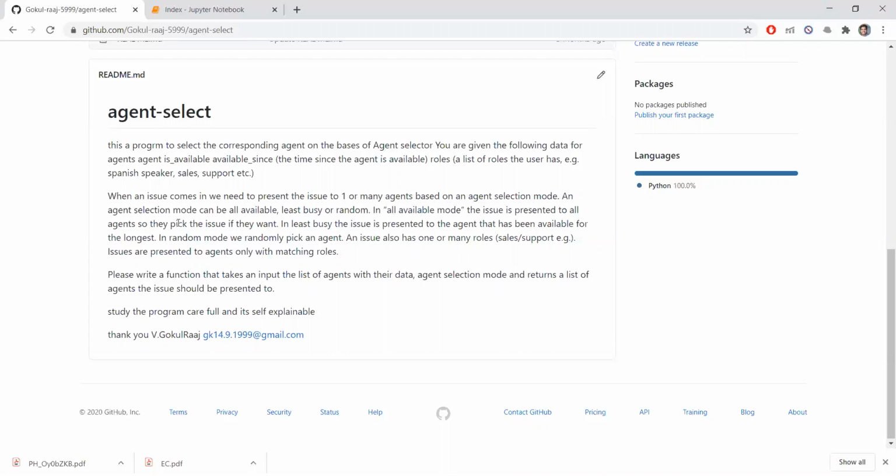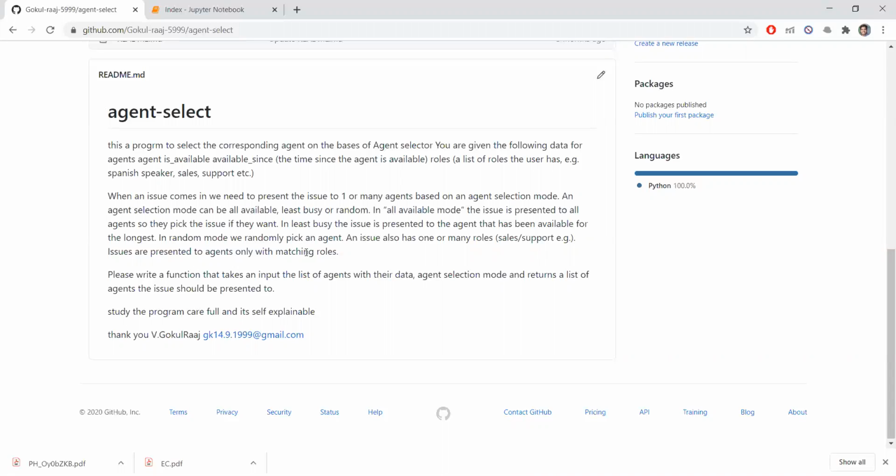An agent selection mode can be all available, least busy, or random. In all available mode, the issue is presented to all agents so that they pick an issue if they want. In least busy, the issue is presented to the agent who has been available for the longest.